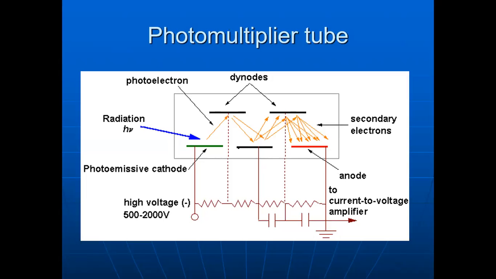So these are the photomultiplier tubes, students. If you see it practically, the radiation comes in, there are high voltage plates, and there are secondary electrons and diodes. All the light is there, but only one kind of light is passed on, and after a lot of radiation, the current goes to a voltage amplifier. I don't want to confuse you by showing this image. Just know there are photomultiplier tubes in AAS.